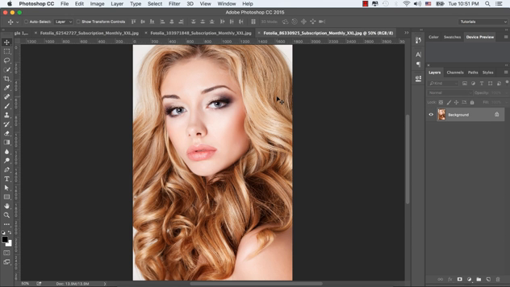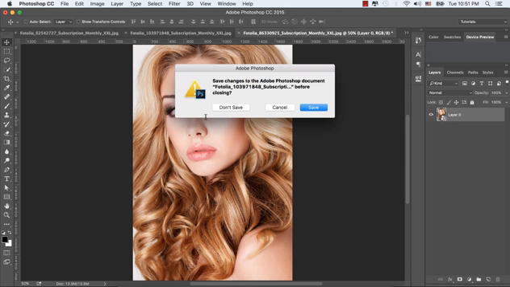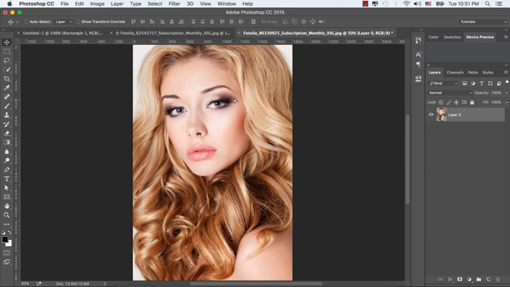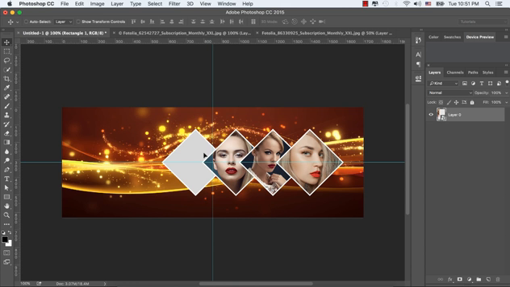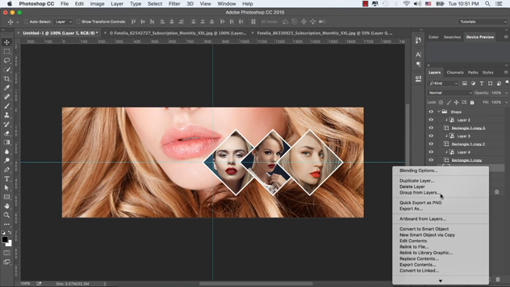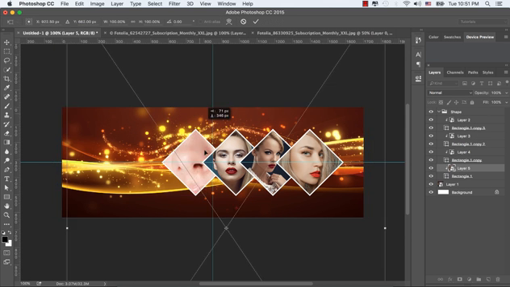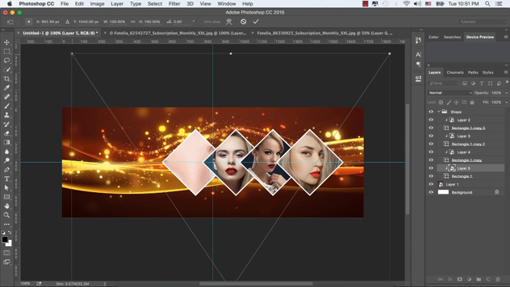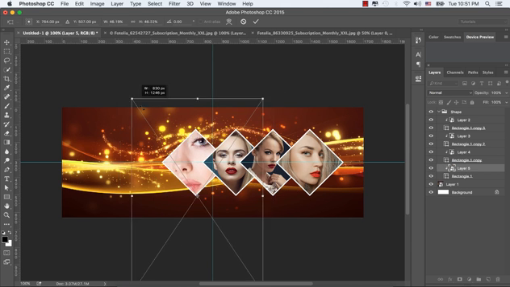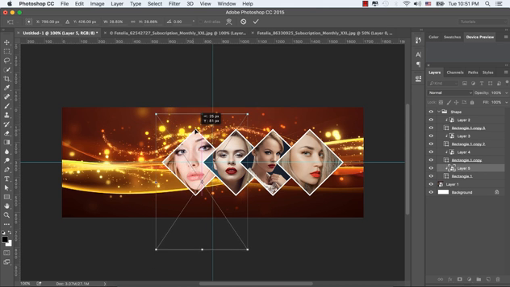Let's bring our last image from the image folder, convert it to a smart object and drag and drop it to our main document. And make sure this image layer is on top of the rectangle 1 shape, and create the clipping mask as usual, and press Command or Ctrl T in order to transform the image as usual.